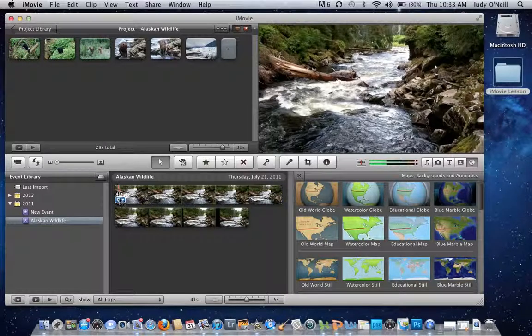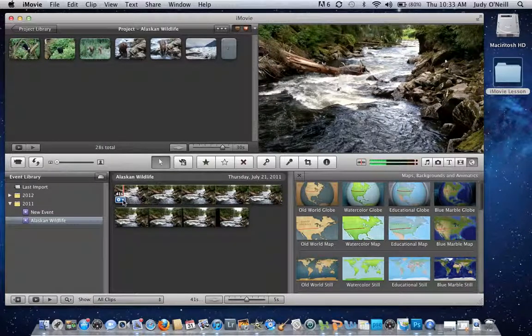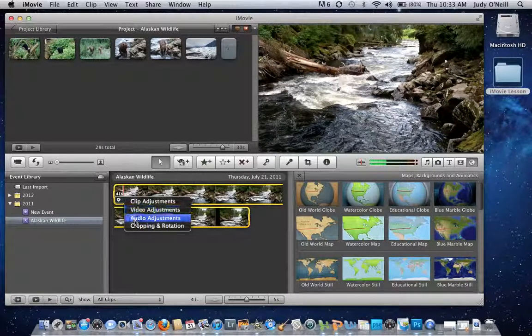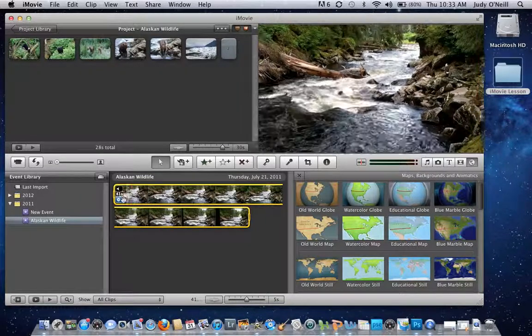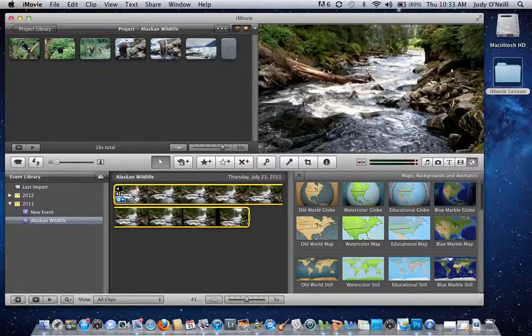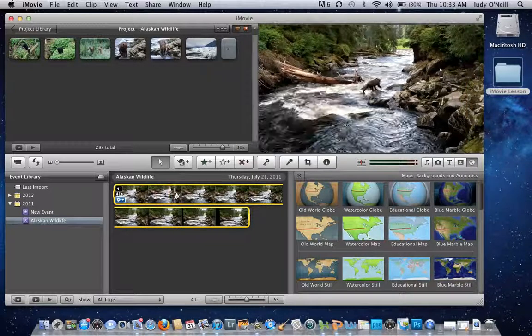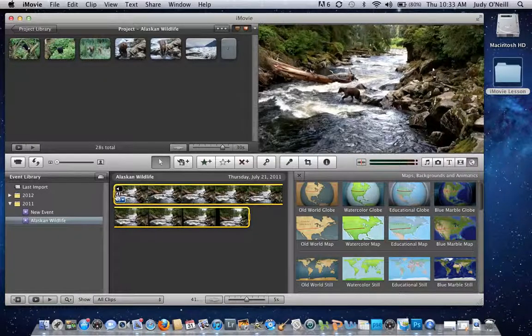So I'm going to click this little wheel on the bottom, in the lower left-hand corner. I'm going to click on it. I'm going to click on Audio Adjustments, and I'm going to remove the volume. And once I do that, I cannot hear. The sound is still there, I've just turned the volume down, so I cannot hear it any longer. So now I'm going to